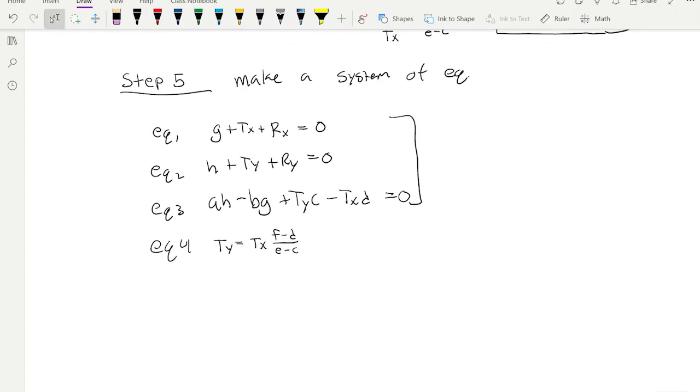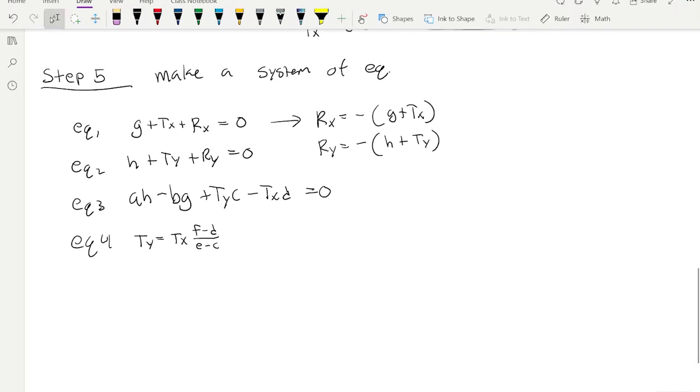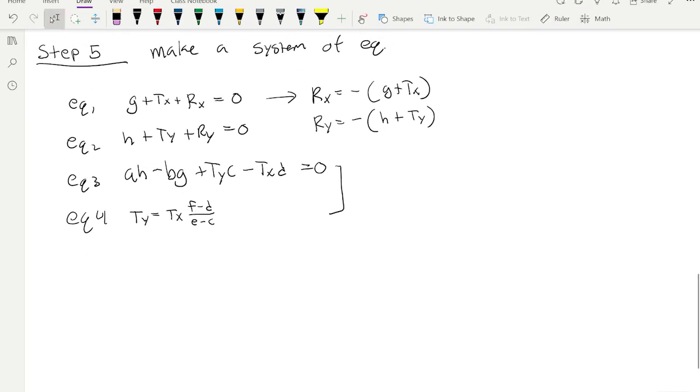Okay, so we got to solve for this. Use this one to solve for Rx. Rx equals negative G plus Tx. Ry equals negative H plus Ty. And then let's use this one together to solve for Tx. So we can lump all that stuff together and say,